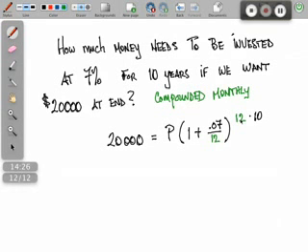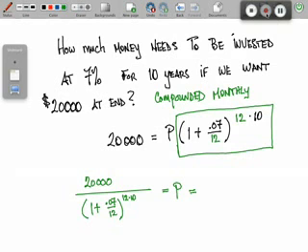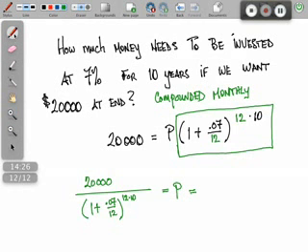And now I'm going to solve for P. And so P is going to equal, quite simply, well, my 20,000 in the top. And I shall divide by all of this right here. I know that's a fairly complicated number from first sight, but with a calculator, it should work out quite nicely. And so allow me to do that on the calculator and give a result. And the answer I get is